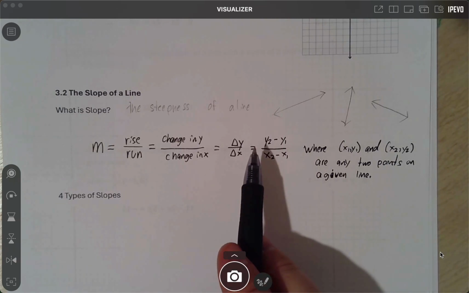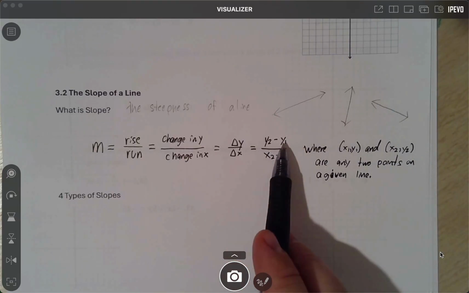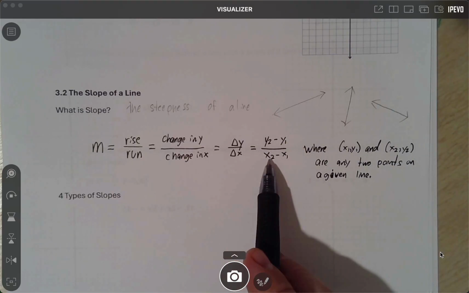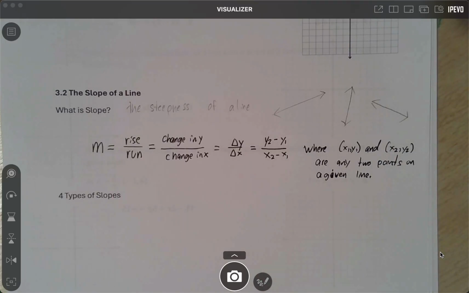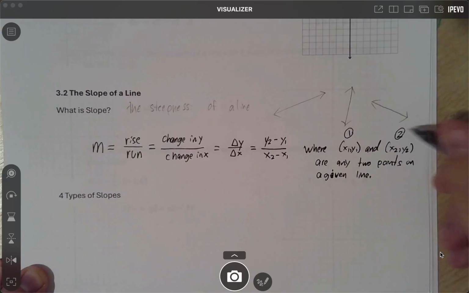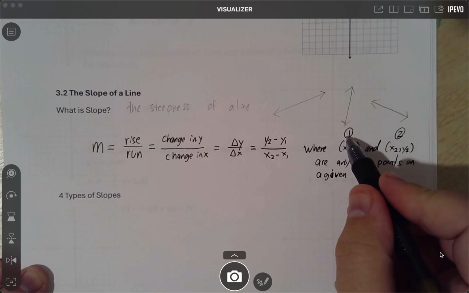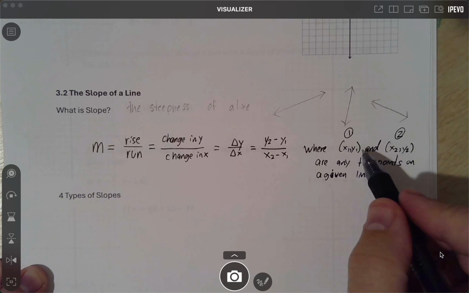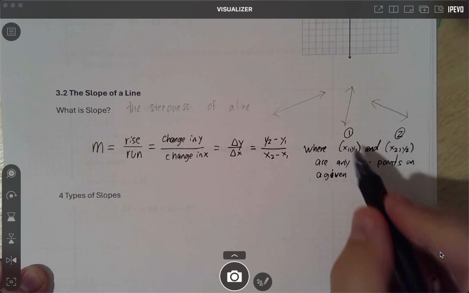And again, notice the ordering here. It's the y value of the second point minus the y value of the first point, divided by the x value of the second point minus the x value of the first point. Now, one thing to say out loud there is that technically the order of your points doesn't matter, but when you choose this to be point 1 and this to be point 2, make sure you're consistent. You could have said I want this to be my first point and this to be my second point. The order left to right doesn't matter,